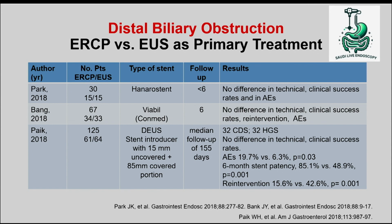So for ERCP versus EUS, these are the first three papers. The first two have a very small sample size. The first is Korean, the second is American from the Varadarajulu group. No difference in any variables. Then there is